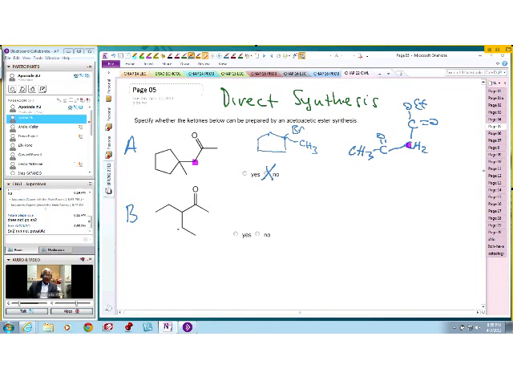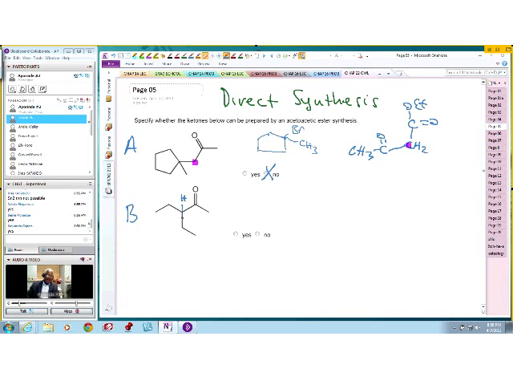How about B? Will B work? Yes, B will work because we have a hydrogen here. We also know that if we have to make this,